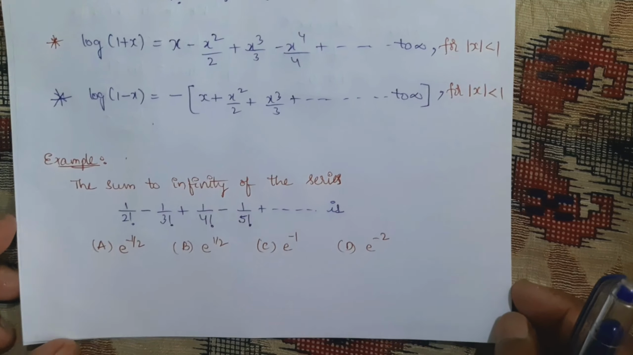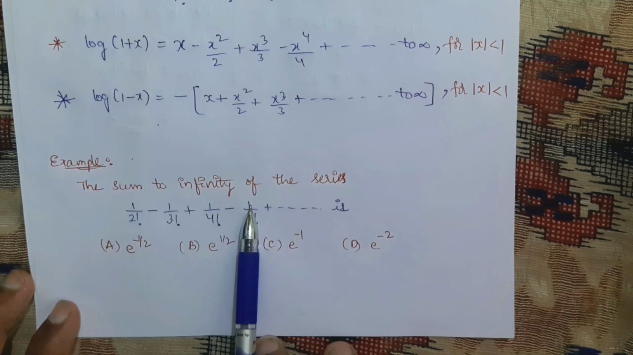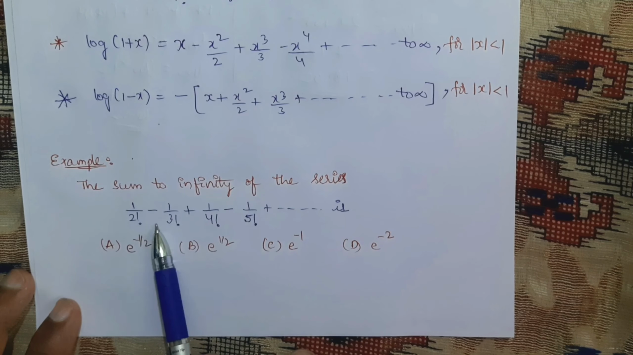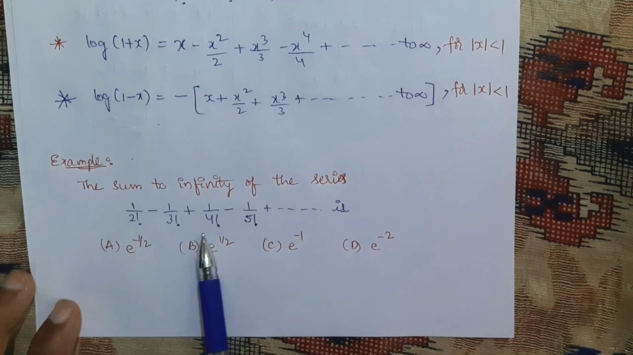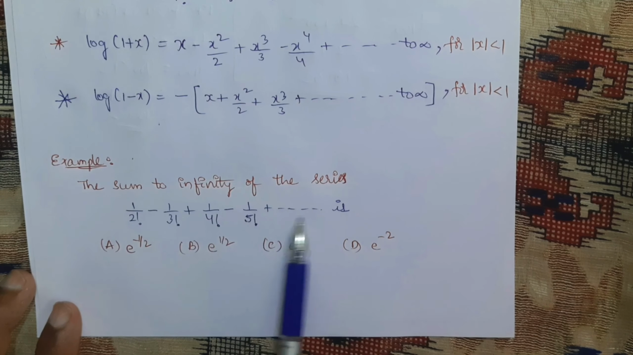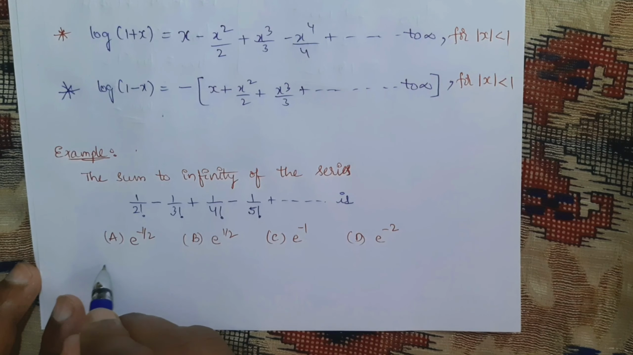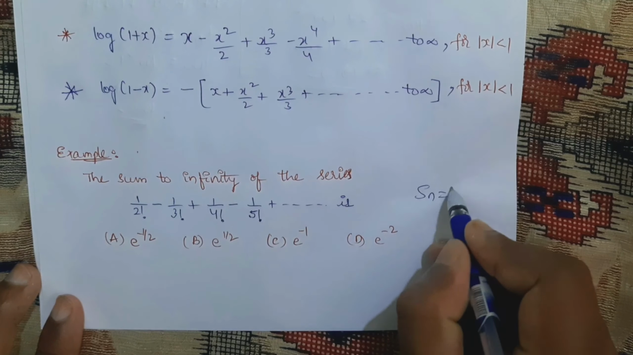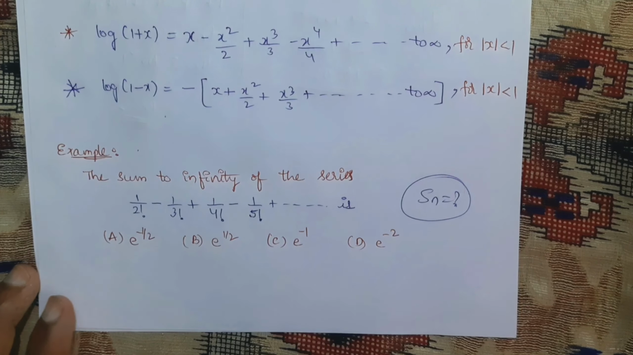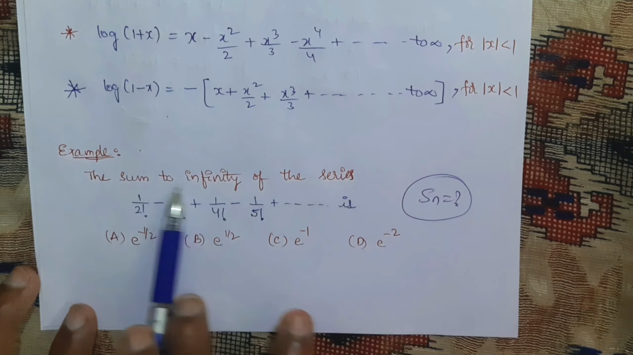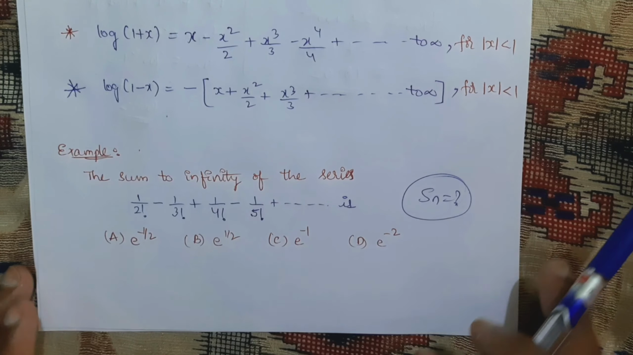Next, based on this type of examples like exponential and logarithmic series, let me show how the problems will be. Here I have considered an example. The sum to infinity of this series 1 by 2 factorial minus 1 by 3 factorial plus 1 by 4 factorial minus so on like this. Then what is Sn, they are asking. So you need to remember the series like this. If you observe,